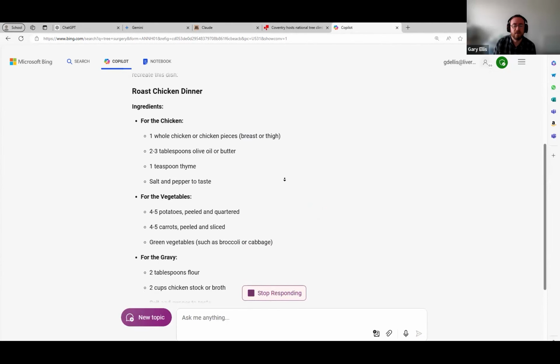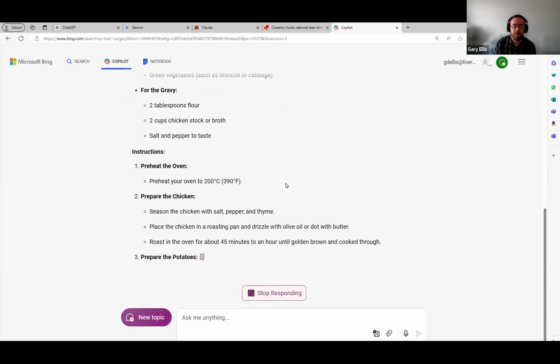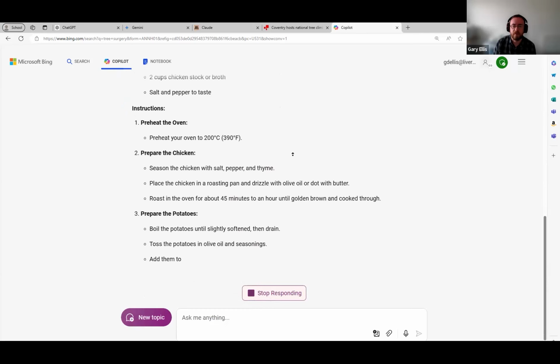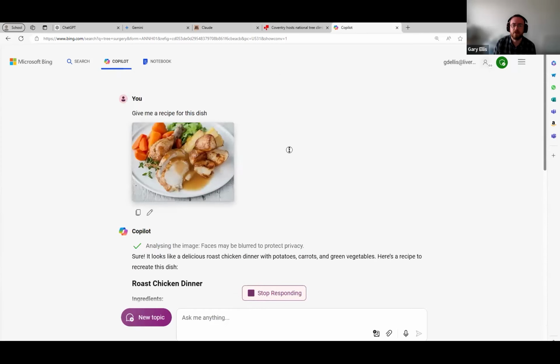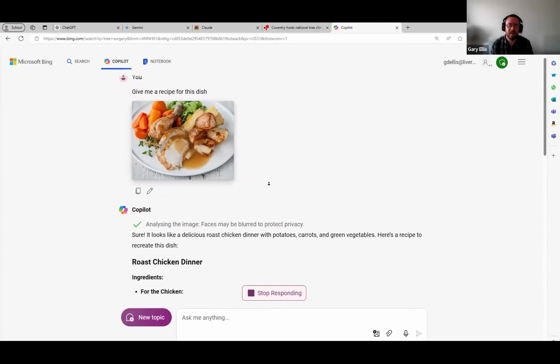And it has given us a recipe, which is quite impressive. It's actually managed to get it quite right. We did try this morning with another group, and we had slightly less successful results. I think it misidentified the chicken as fish this morning,